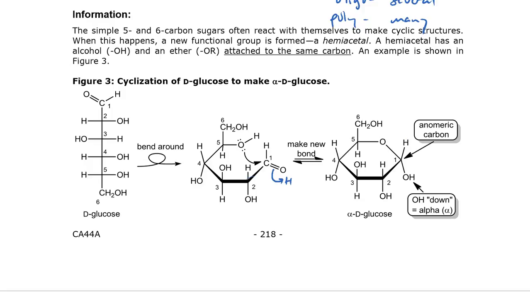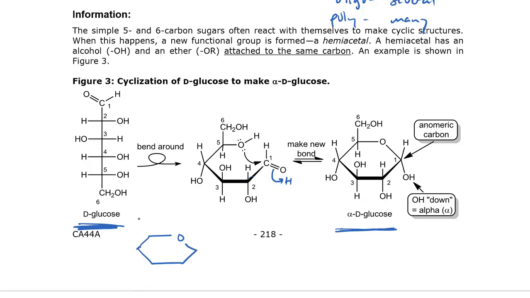I am going to ask you to be able to, from memory, draw both the straight or open chain version of D-glucose. This is the most common simple sugar. You really should know the structure of glucose. So I'm going to ask you to be able to draw that from scratch in both the open chain and the cyclic form. So here's a hint for how you make that work out. When you draw the cyclic form, it's always a 6-membered ring with an oxygen in it.